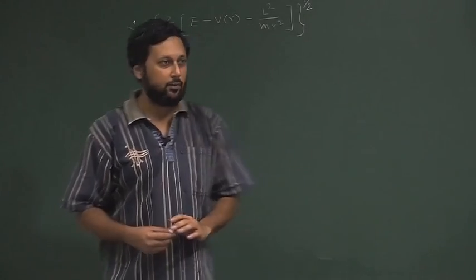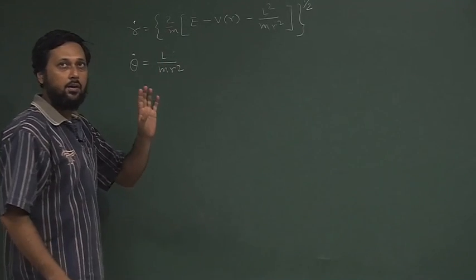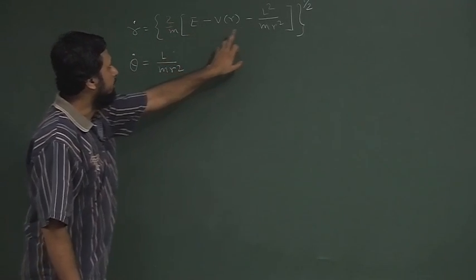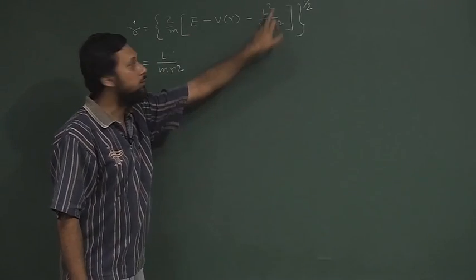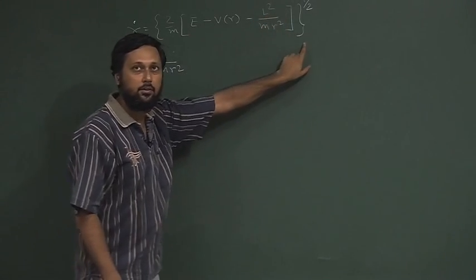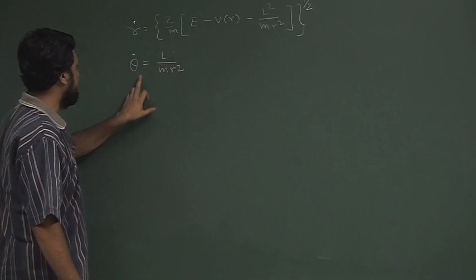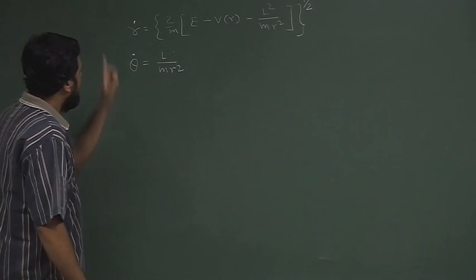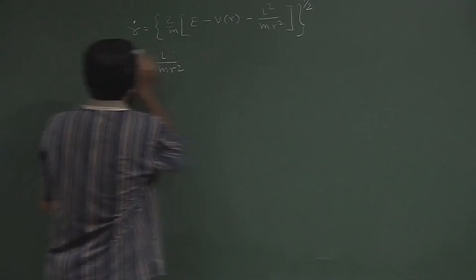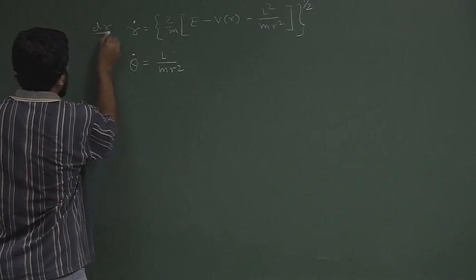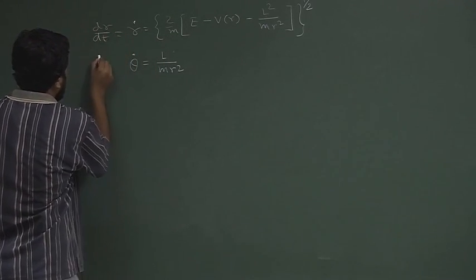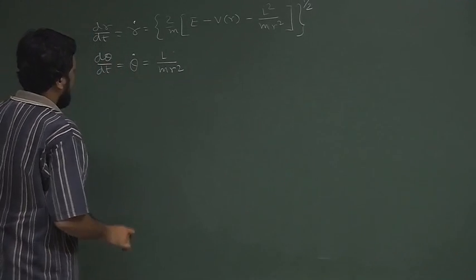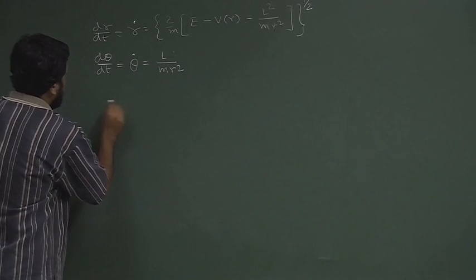So, in the last class we have seen that for a motion under central orbit we can write r dot equal to square root of 2 by m (E minus V(r) minus L square by 2m r square), which might not be seen easily, but anyway you know this expression, and theta dot equal to L by m r square. Now, this one we can write as the total derivative of r and t,